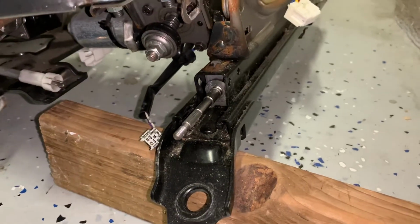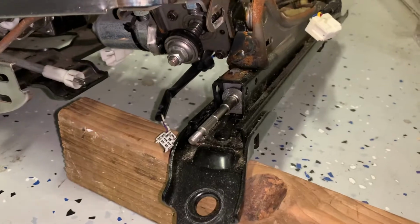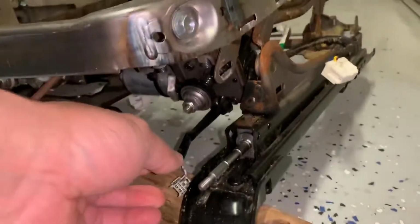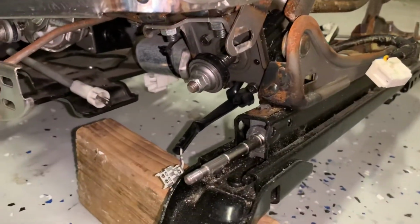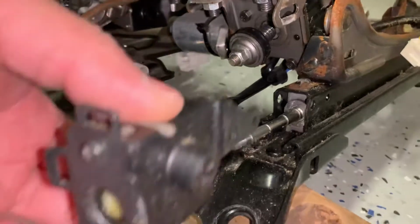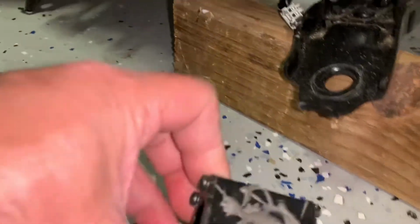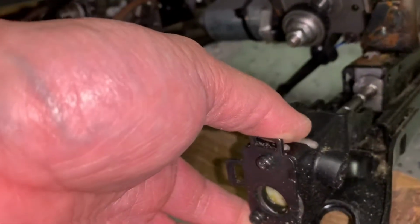Okay, everybody, I have all the chair assembled, although I'm just showing you what it looks like on the old chair and frame here to show you what I did. One of the things you have to remember when you reinstall this motor: this is actually part of the motor. The rest of the motor is here, but mine has actually broken off. But I'm going to show you on this old one. So when you insert this piece,